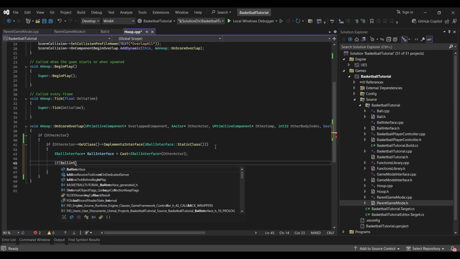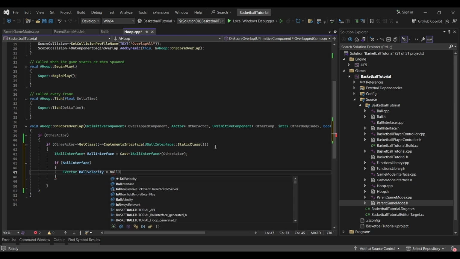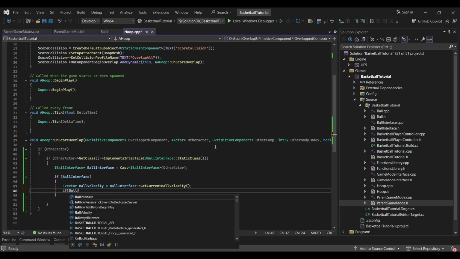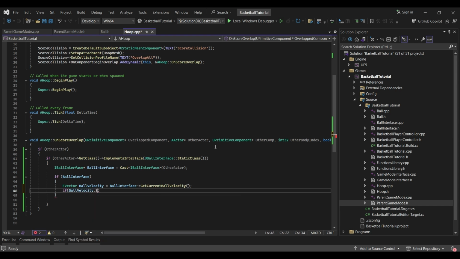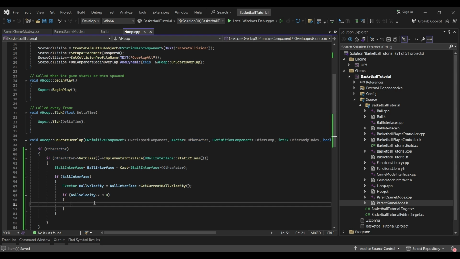So if ball interface, first let's get the variable FVector ball velocity equal to ball interface get current ball velocity. Now if the ball velocity dot z is smaller than 0, which means it's being decreased and it's going down. Okay, so if it's going down,